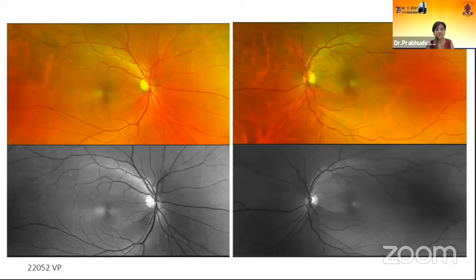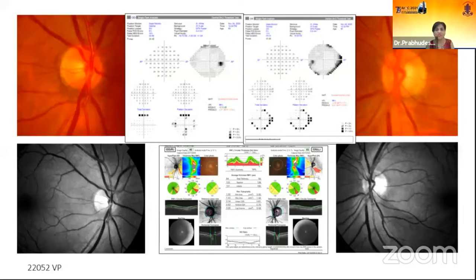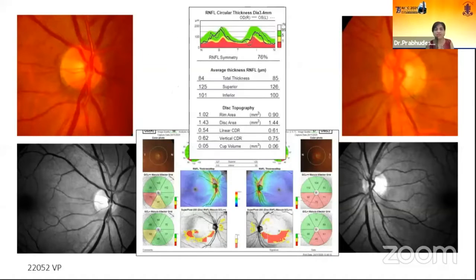So let's consider these studies. This is an Optos image. You can see that there is an inferior RNFL defect in the eyes, and this is the visual field where you can see not very appreciable defects, but some depressed decibels in both the eyes. And this is RNFL. Here, definitely GCC plus analysis is showing an inferior temporal defect, left more than the right.